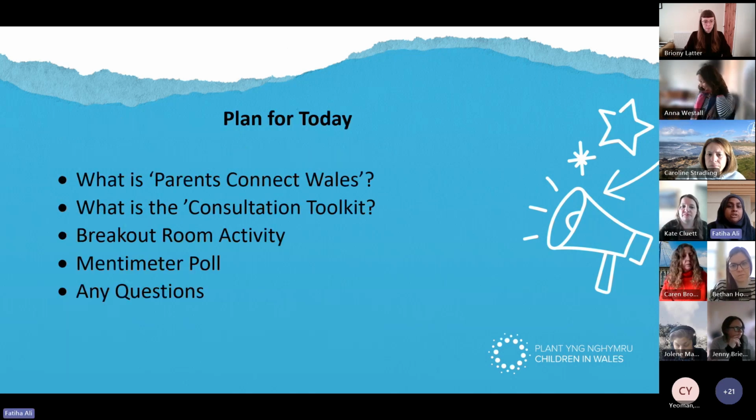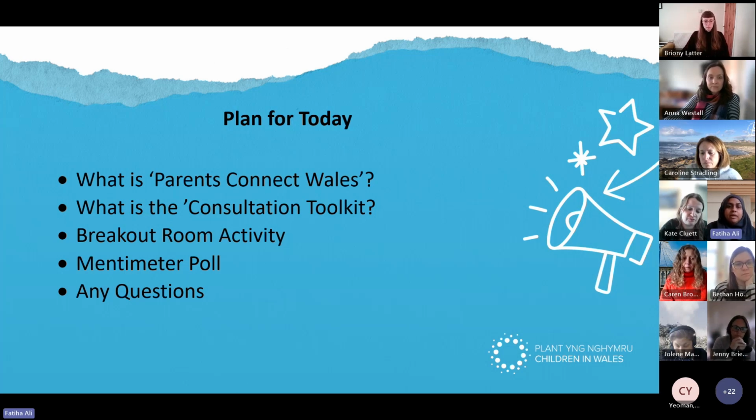We're going to start off with a bit of an introduction to our project and the work that we do, and then we're going to tell you a bit more about the consultation toolkit: what it includes, how it was developed, why it was developed, just a bit of background information so you can understand how and why it came about.